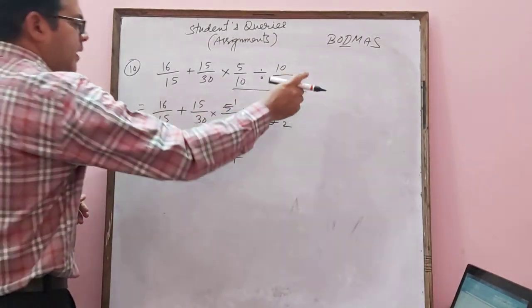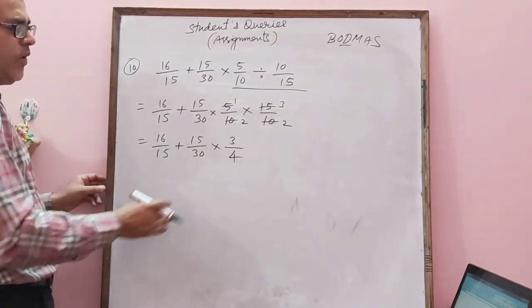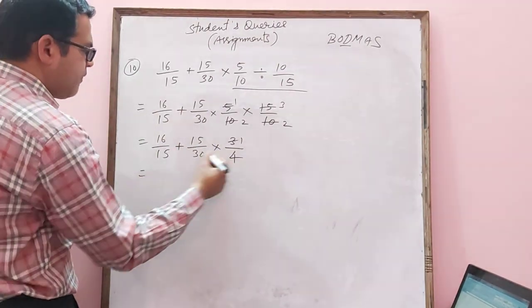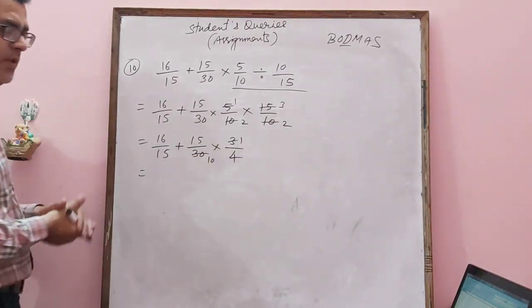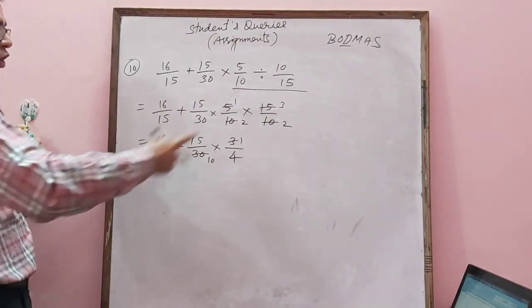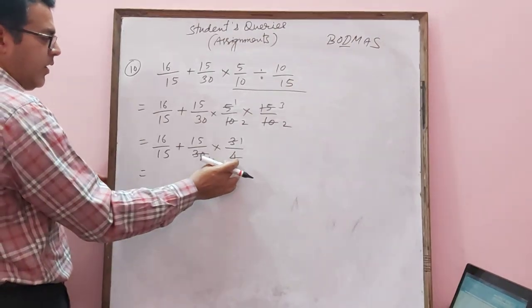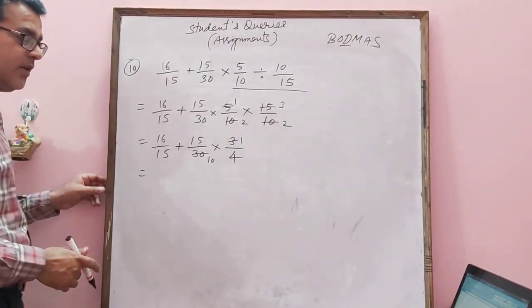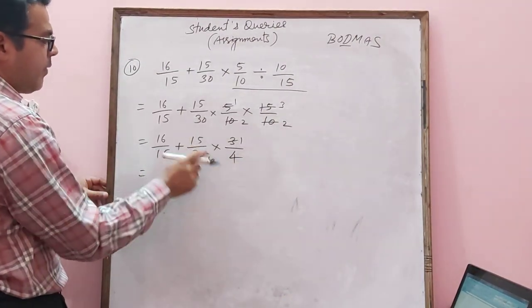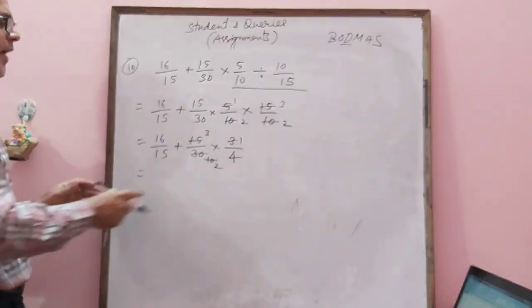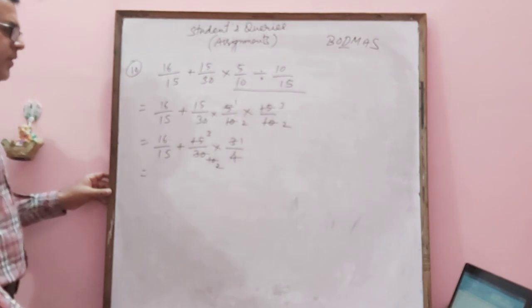Now multiplication, here is multiplication. We have to solve these two now. So you can see here, by this 3, 15 is divisible. Only in cross and up-down we can cut. Please don't cut on the same side. This 4 we can't cut this time. Then 10 and 15 by 5, these two are divisible. 5 twos are 10, 5 threes are 15.